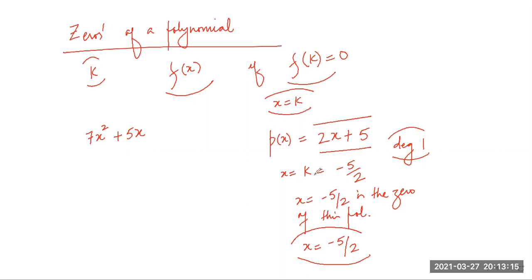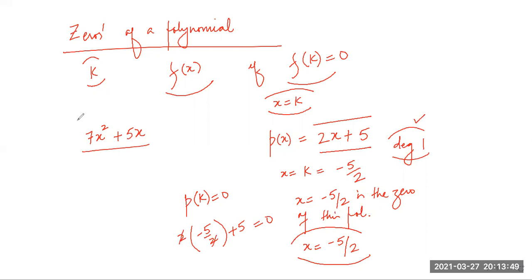Mathematics is all about pattern. It's all about love for the patterns. When degree of this polynomial is 1, the value of degree is also equal to number of zeros. This polynomial has only 1 zero, that is x is equal to minus 5 by 2. Now let's see whether P of k is equal to 0? Yes. 2 into minus 5 by 2 plus 5. Definitely that is equal to 0. 5 minus 5 is 0.